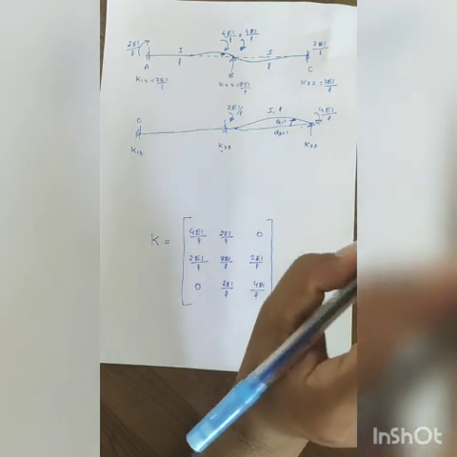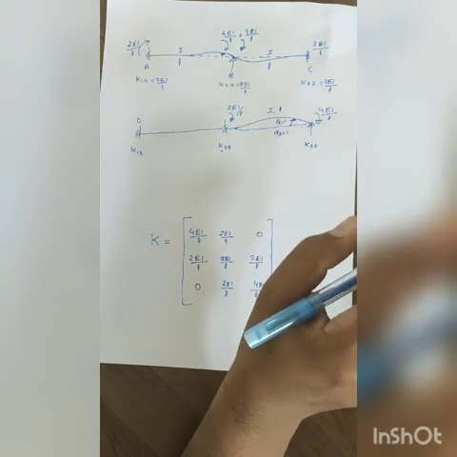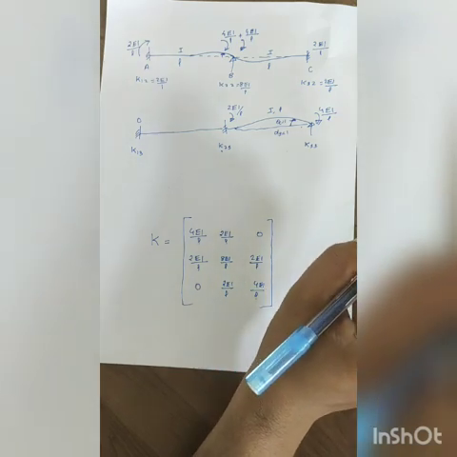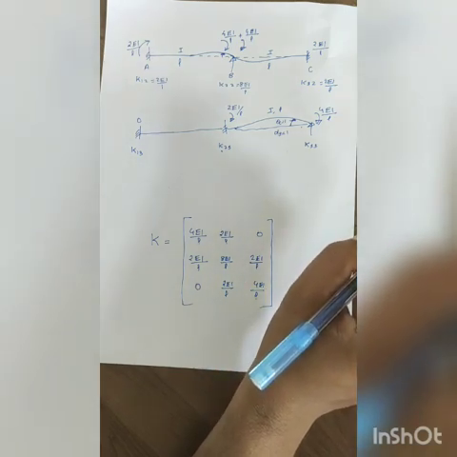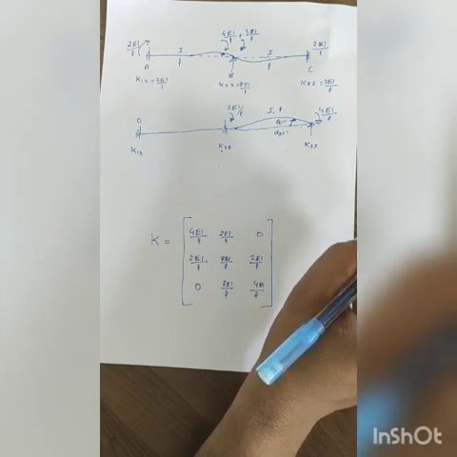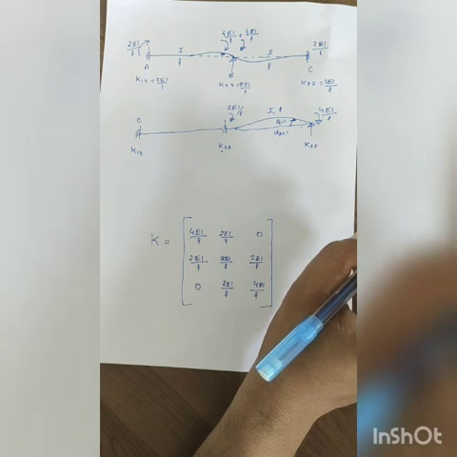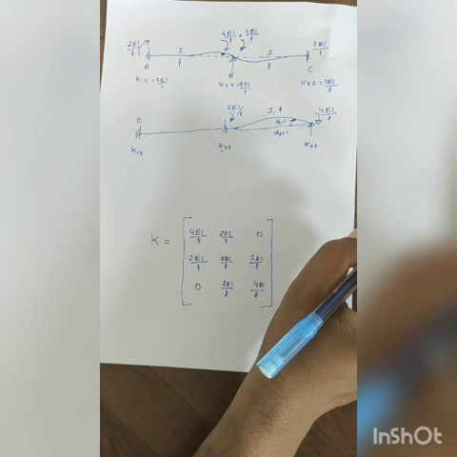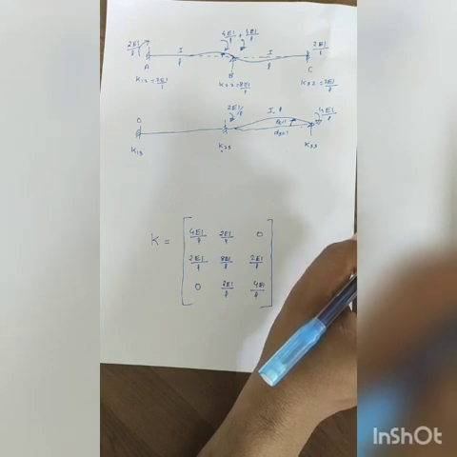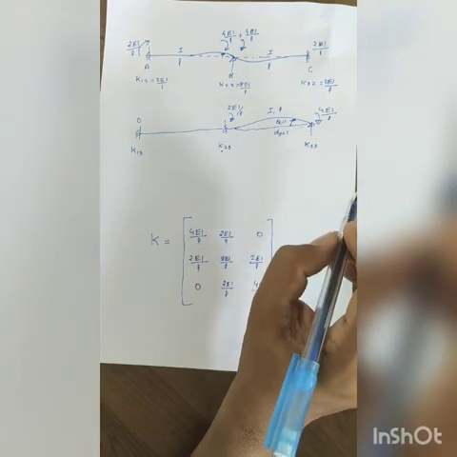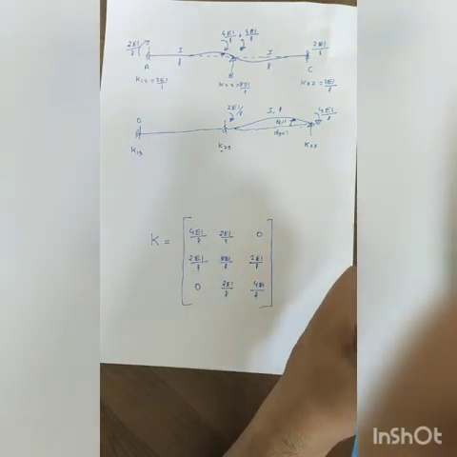The first and foremost step is to find out the kinematic indeterminacy and the degrees of freedom, and then corresponding to the kinematic indeterminacy you have to apply unit rotation. If it is thetas, you have to apply unit rotation. If it is displacement, you have to apply unit translation, and then you have to find out the corresponding moments or forces at other locations, and then you have to find out all the stiffness influence coefficients, and fill them at the respective locations in the structure stiffness matrix.